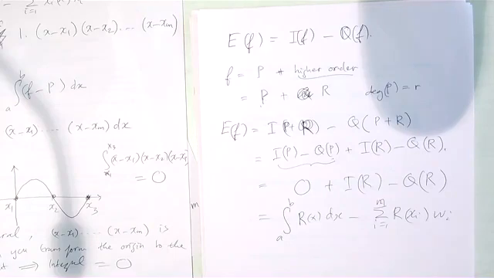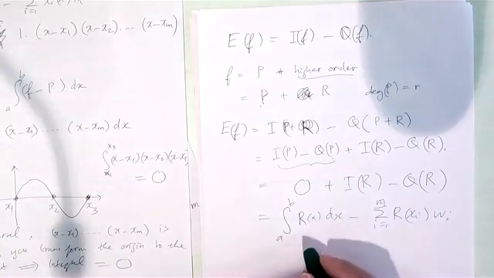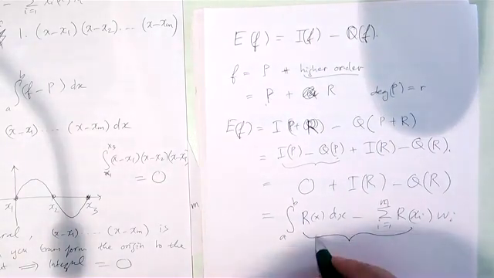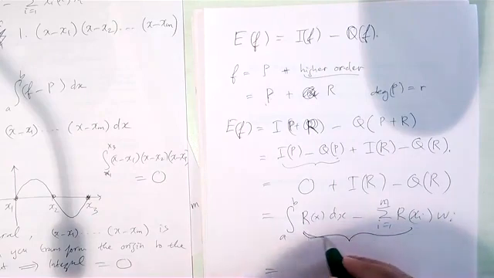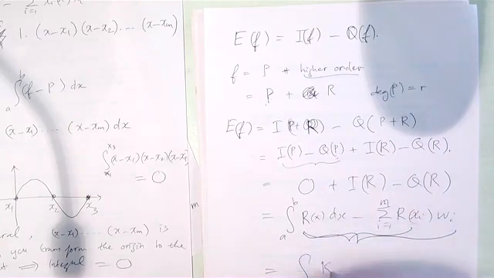Then you plug it in, and this one is just a Peano kernel. So Peano kernel is just this. This expression here can be rewritten as a Peano kernel,